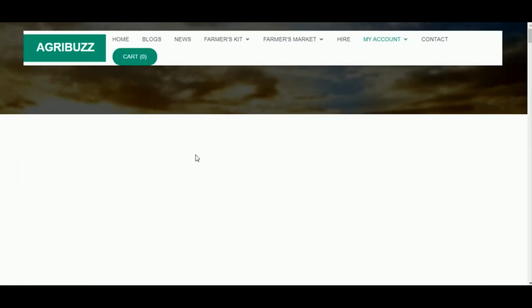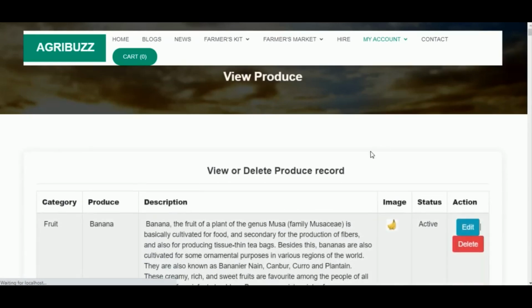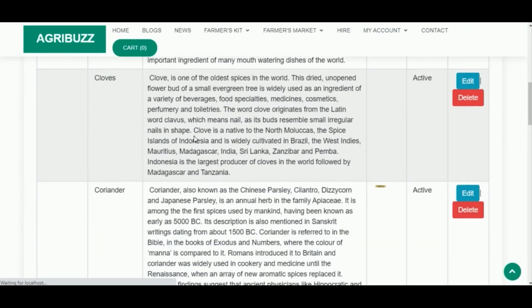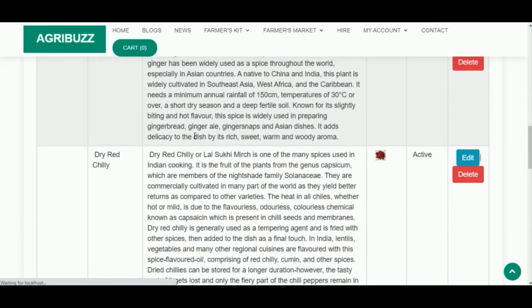All the produce types added can be viewed under View Produce Type. It also has the action to edit or delete.